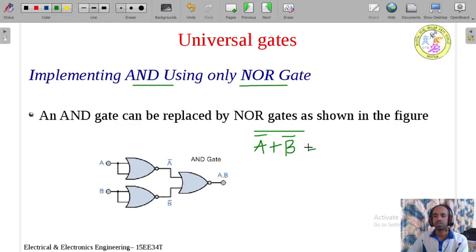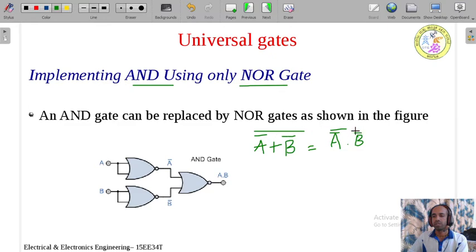So from De Morgan's theorem, again I can write it as: if I take this as A and this as B, A plus B whole bar is nothing but A bar dot B bar. So I can separate the variables. A bar, you will add one more bar here because of this bar. Plus is there, replace it by dot. Take the second variable, B bar.